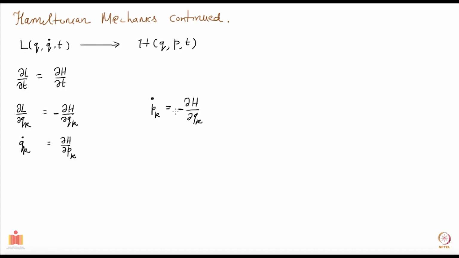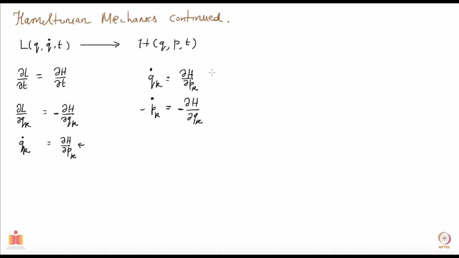And because we are treating Q and P on equal footing, we will also treat this one as an equation of motion. Remember, this one you didn't arrive at by using any Euler-Lagrange equations of motion, but in the Hamiltonian formalism we are going to treat this on equal footing with that one. So ∂H/∂Pk, and these are your Hamilton's equations of motion.